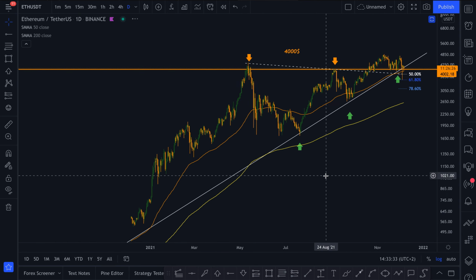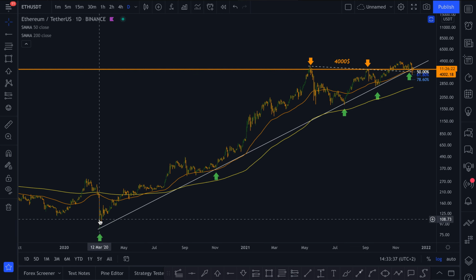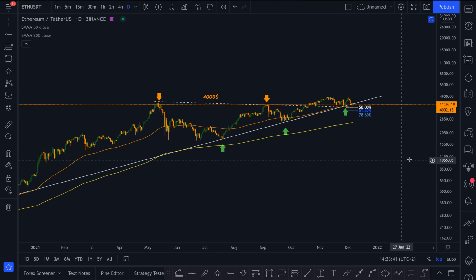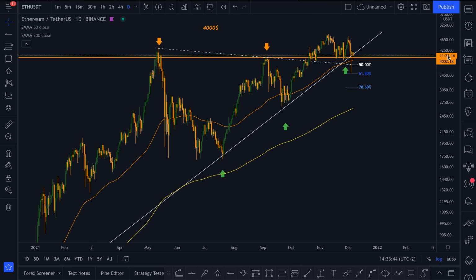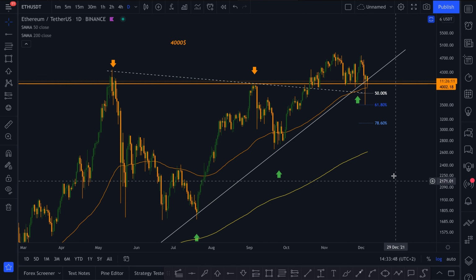Well, Ethereum, first of all, is following a massive long-term trend line since March of 2020. As you can see right here, huge growth, right? Even investors such as JP Morgan, Morgan Stanley, they're all bullish on Ethereum as a hedge against inflation and also as an asset.